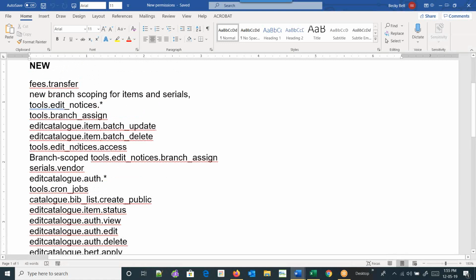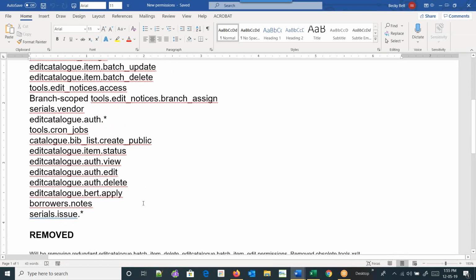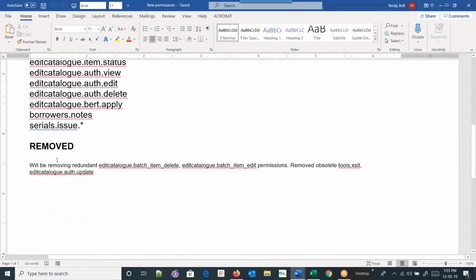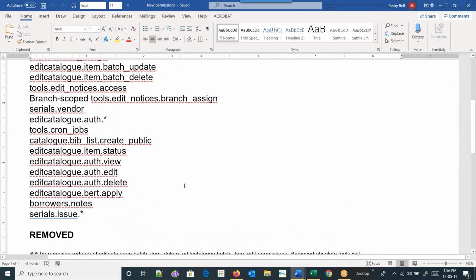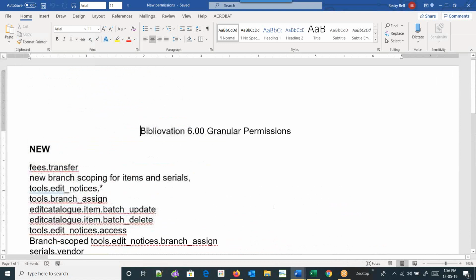So these are the new authorizations that are there. I also identified that I found some that they have removed. Actually, I think what they've done is they've replaced some of these with other authorizations up above. So it's not the functionality or anything. They just changed the authorizations for them.